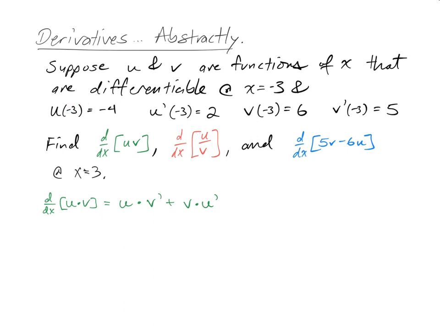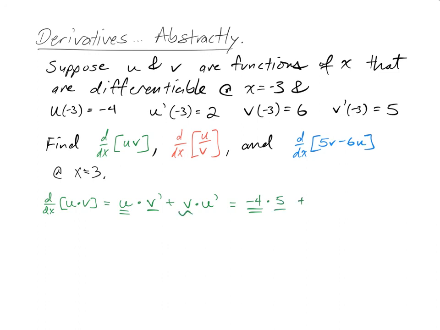Sorry, -3. That being the case, now we can just look. This u at -3 is right here at -4. So this first one would be -4. This next one, v prime at x equals -3, is over here. So we would substitute a 5 in for that. So times 5